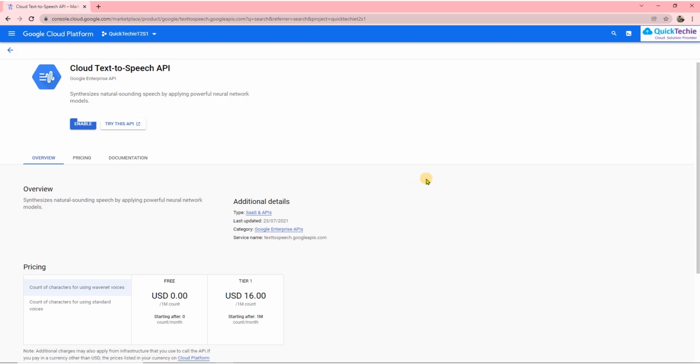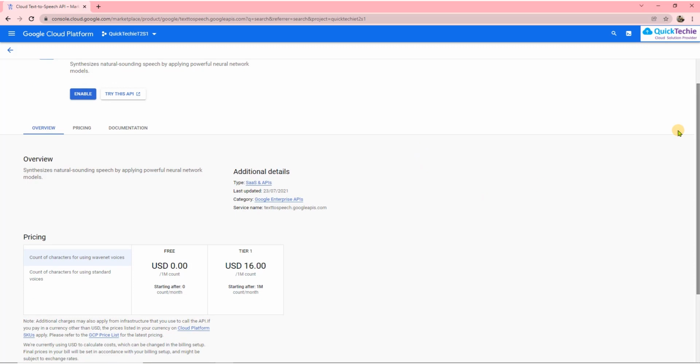But before you move into this, I wanted to show you something pricing related, because I'm focusing more on pricing since this is a much cheaper solution. If you are using WaveNet voices, 1 million characters for a month is absolutely free, every month.